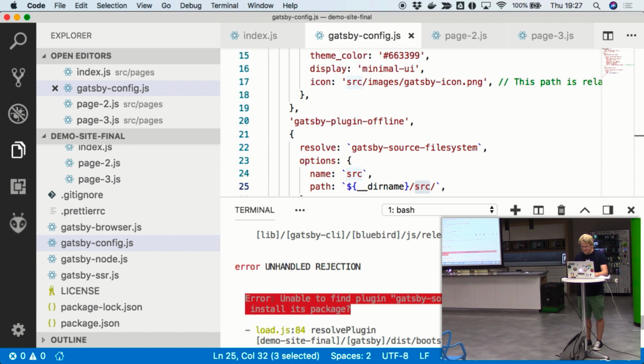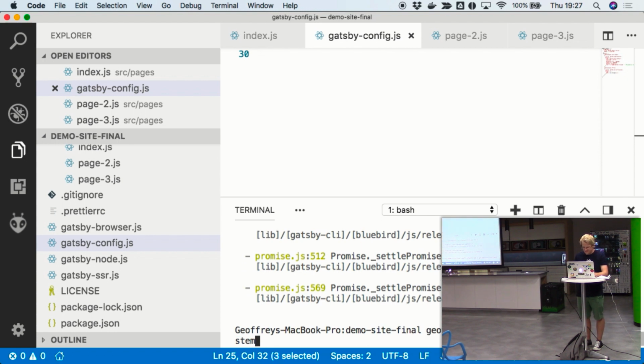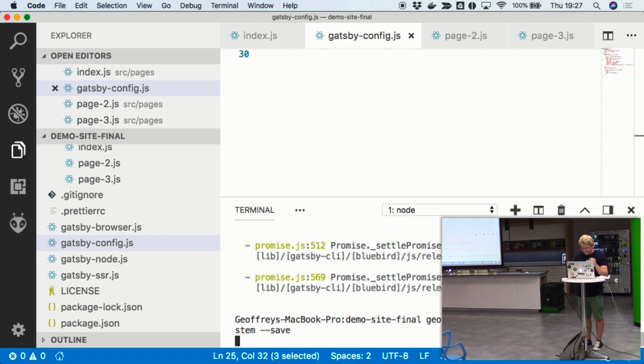I really thought I installed it. Damn. I hope it goes quick, because I've installed it before, so hopefully.